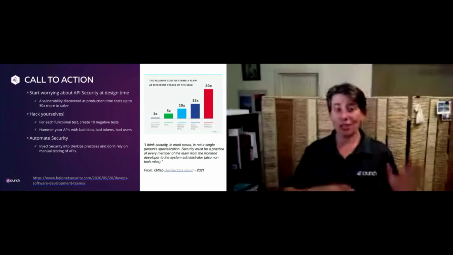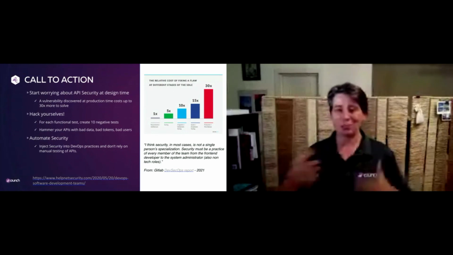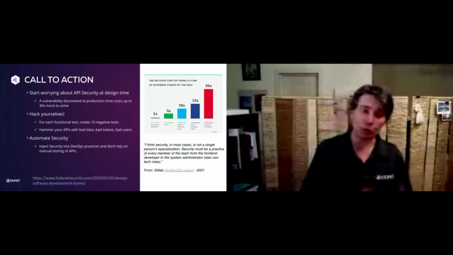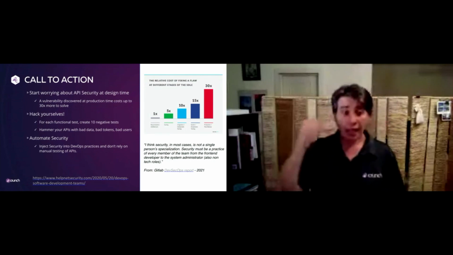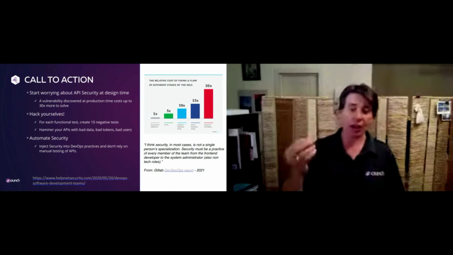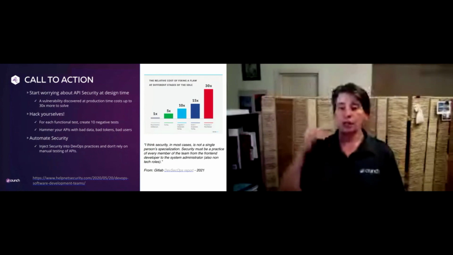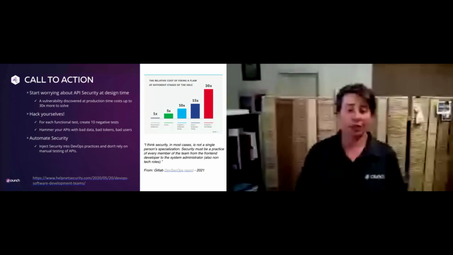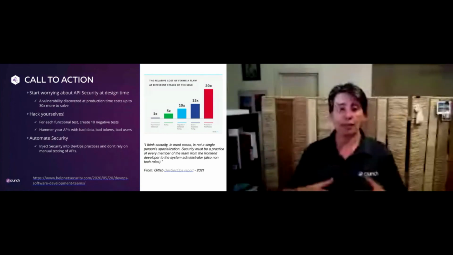Can you do that? Is that feasible in the accelerated market in which we are, where everything has to happen for yesterday? That might be a big problem. The sooner you look at these problems, the better it's going to be for you, right? And then hack yourselves. This IDOR problem, those authentication problems, those authorization problems, accepting too much data, leaking too much data, the only way you're going to discover any of those is by automated testing,